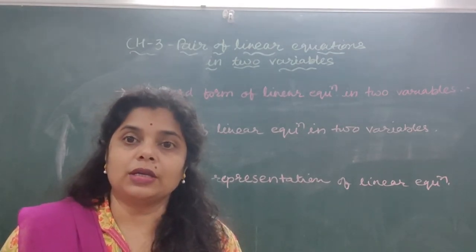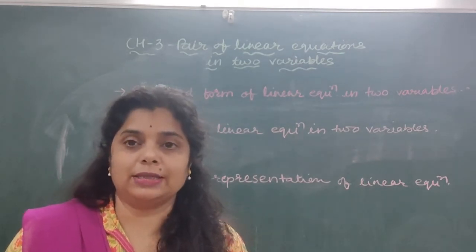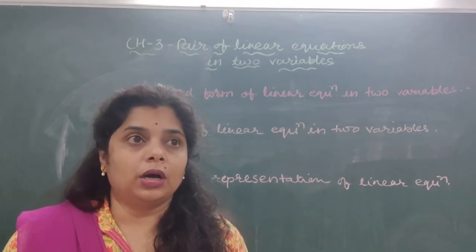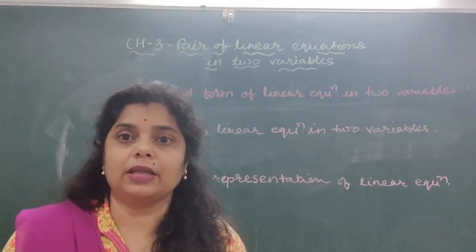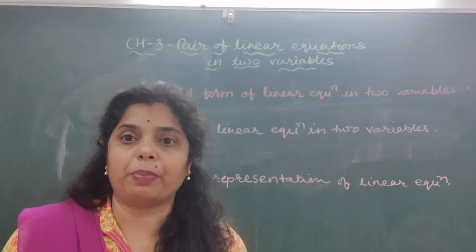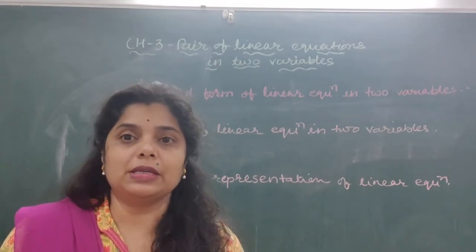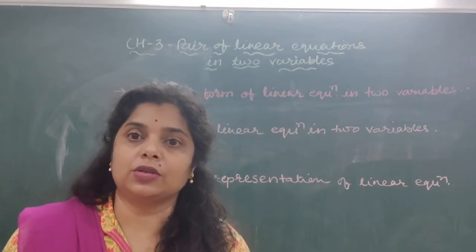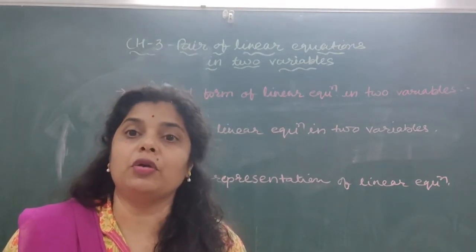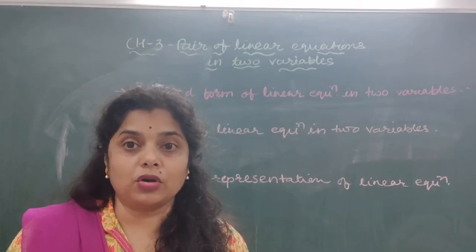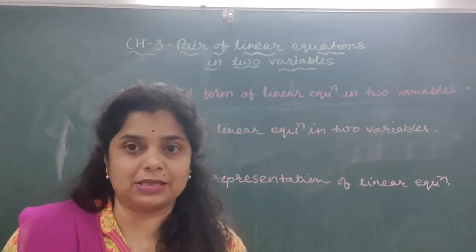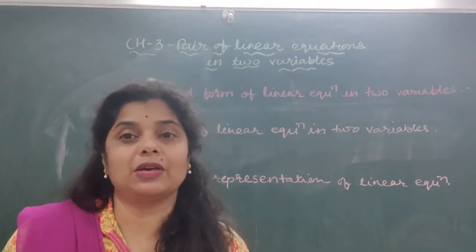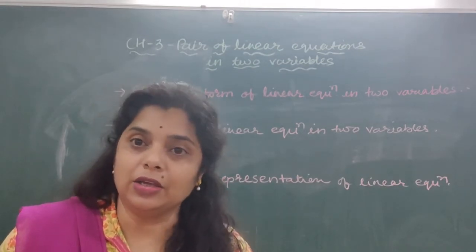activity. I'm giving you one example: in a stationery shop, if you want to buy some stationery items and there is a combo pack of pen and pencil, so 3 pencils plus 2 pens, combined its cost is 50 rupees, and you have to find out the cost of each pen and pencil separately. Okay, so for that you must have knowledge about the linear equation.